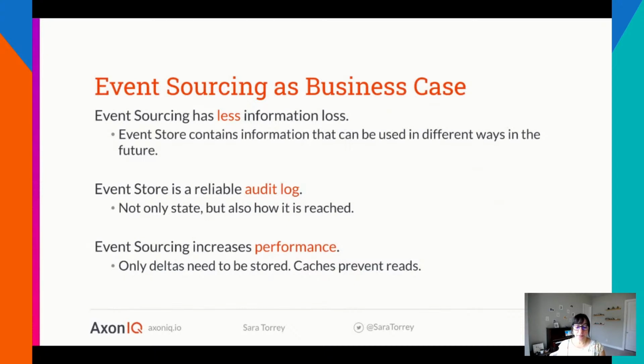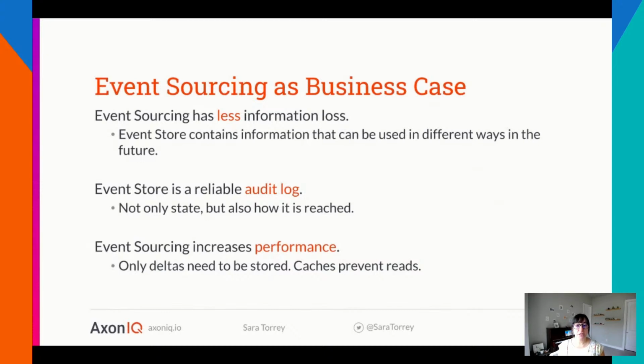So we use events to create our query models, as I mentioned a few minutes ago, but also to recreate our command model. And that means we will have a single source of truth. Conceptually, this is great, but there are also business reasons why this is so valuable. By following this concept, you can reuse the events in the event store for alternative solutions in the future. So you'll have less information loss overall. But it also provides you with an audit log of how something came to be exactly.